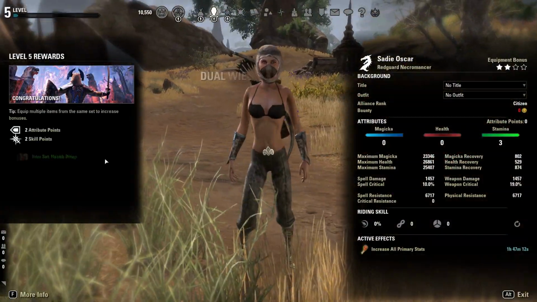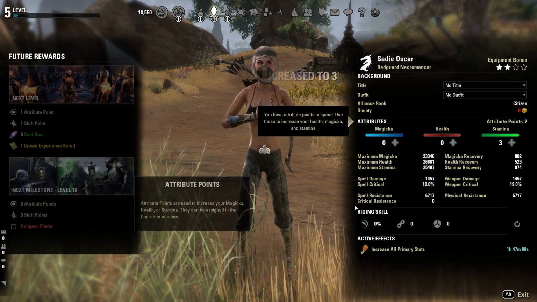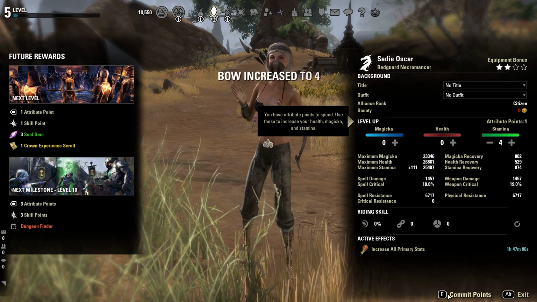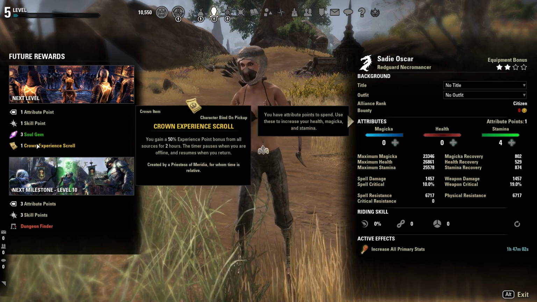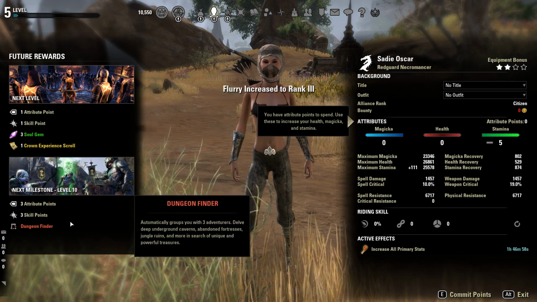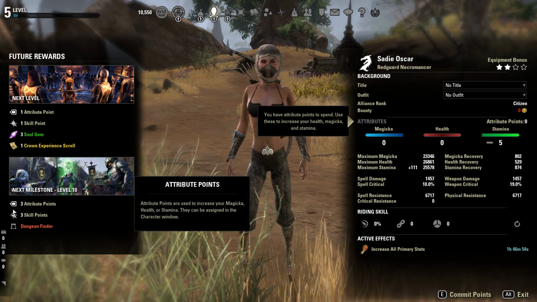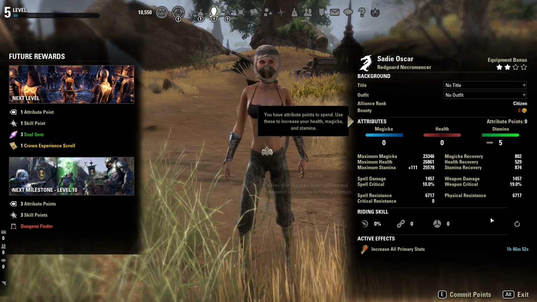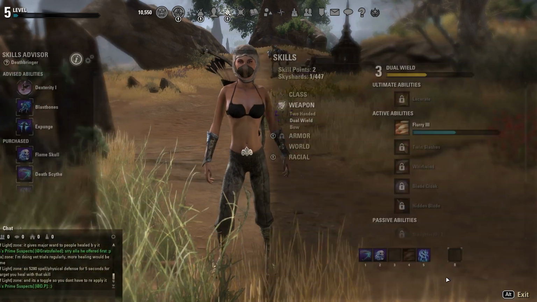Oh, we leveled up again. Yeah. Ooh, a health ring set and racial skill line unlocked. Cool. So we'll commit the points there, and then it'll go to the next page. By the way, you can see it tells you what's coming up. So I think at level 10, you guys normally would get the mount unlocked, but we already have it unlocked, so we get it early. But, yeah, so we can go commit there, and then...